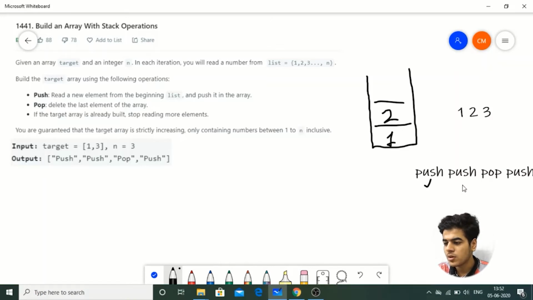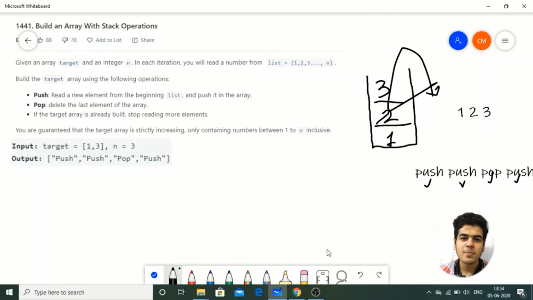So that is the push operation. But if you observe, 2 is not there in the target array, so we will have to take this out as well, right? So I'm going to apply the pop operation, and that is why 2 comes out of this stack, and hence this place becomes vacant. And then we push 3, right? So this is push. You might be thinking that I would be using stack data structure, but actually we are not going to use that. We are going to just have a simple code.